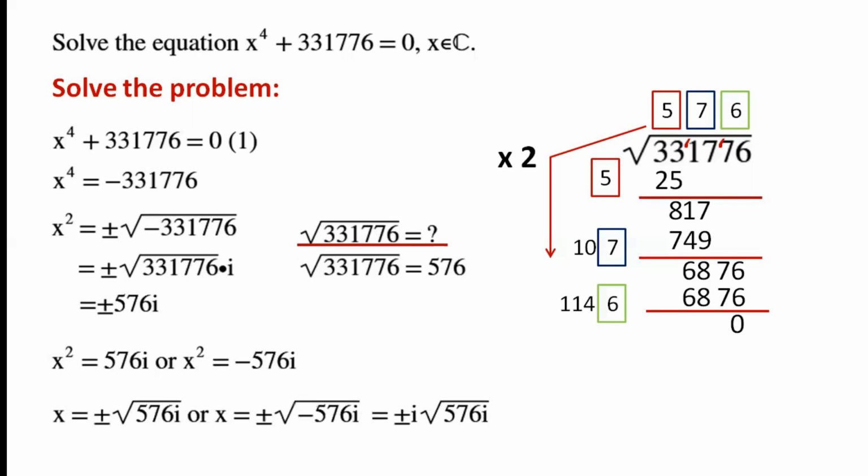That is, x equals plus or minus the root of 576i, or x equals plus or minus the root of minus 576i, which is equal to plus or minus i times the root of